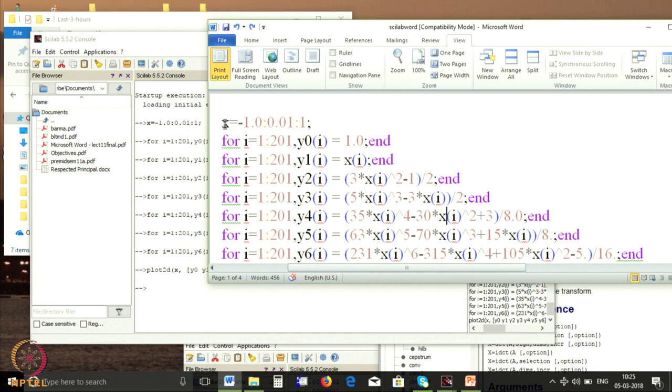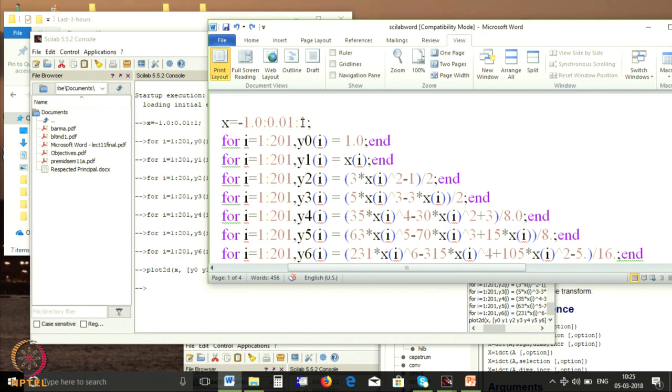So now look at this Word file. It starts here: x equal to -1 colon 0.01 colon 1 semicolon. What does this mean? X values go from -1 with a spacing of 0.01 up to 1.